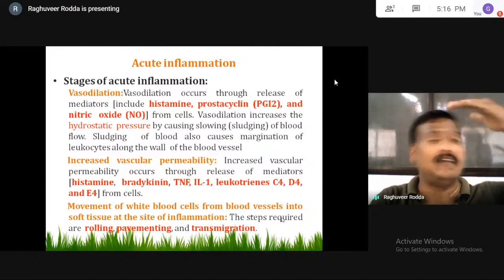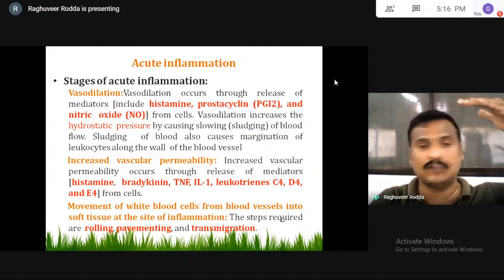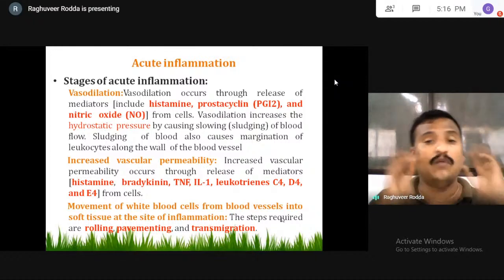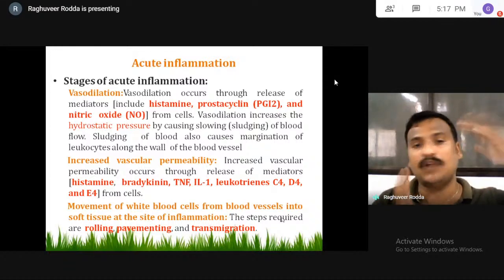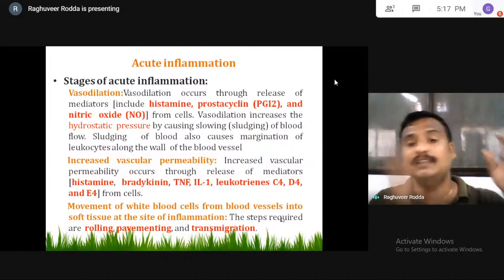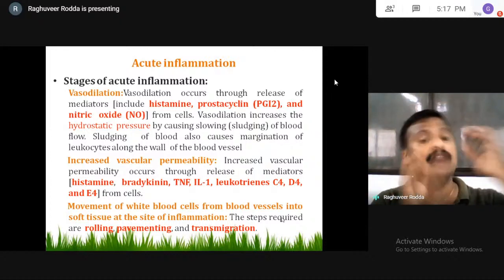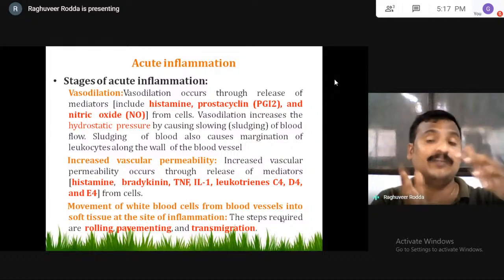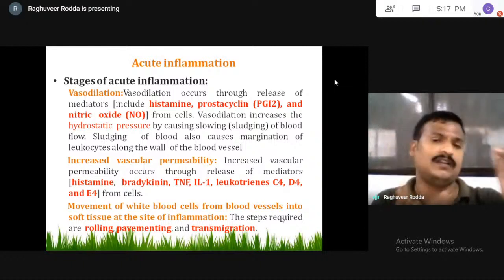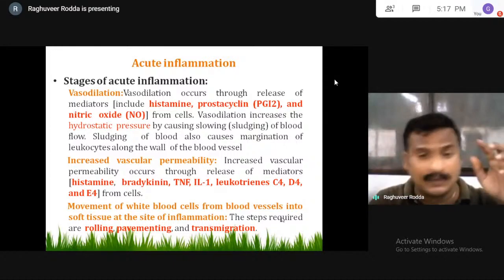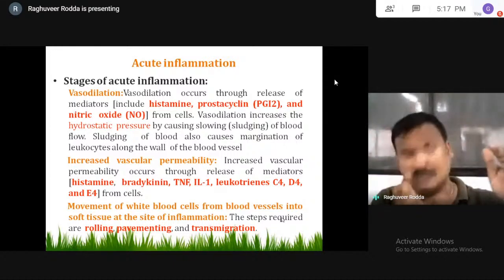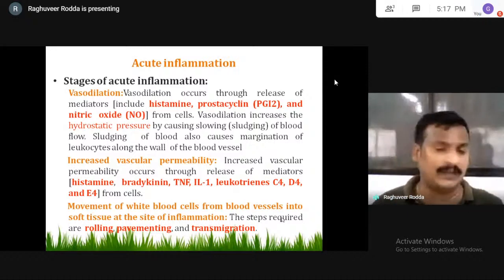It is called vasodilation, or swelling of the blood vessel, where more blood will be pulled to that particular dilated area. So when more blood is poured in, more blood cells will reach that area, and more systemic mediators and inflammatory mediators will move to that infected or affected location to recover the affected area, to kill the antigen responsible for that damaged condition, and increase vascular permeability.